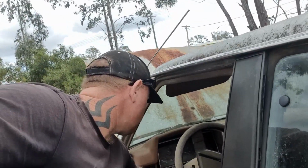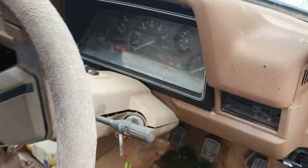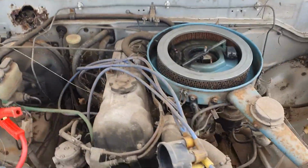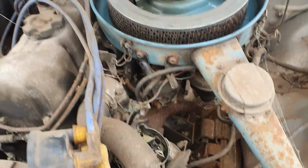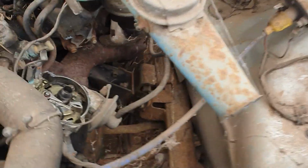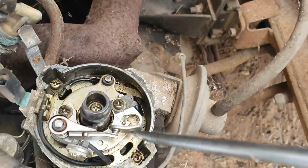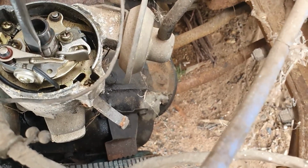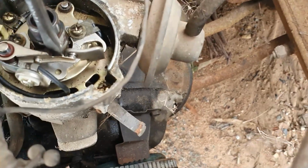Hang on. Right, I've got a couple of different ways, guys, we can check for spark. So ignition on. When I say ignition on, lights on the dash, which gives us power to the coil. You can't leave it on in a carby car with normal ignition, because it'll overheat the coil and wreck it. An EFI car you can leave it on, but that'll give us power to the coil, which then gives us power to the points. So if the point gap's wrong but we open them, we should still get spark. So let's see,